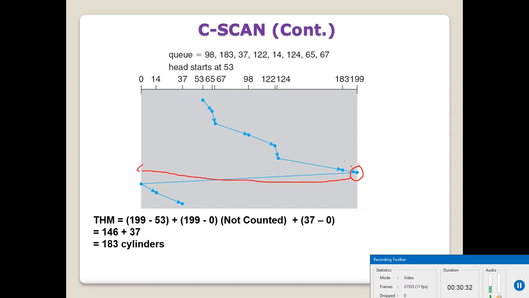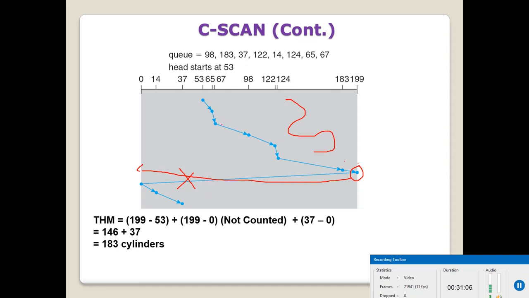It has locations 37 and 14 in between, but it will not service them. It goes down and then from there it goes upward, in a circular to-and-fro fashion. From 0 it will go to 14, 37 and 53. While calculating, the 199 to 0 movement will not be counted.